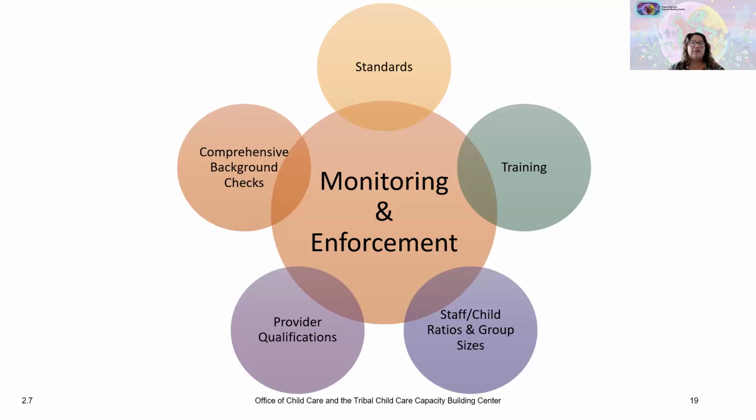The training requirements you develop communicate your minimum expectations for providers around your health and safety requirements. Your qualification requirements ensure you have the right people with the right credentials caring for your nation's and community's children. Your ratios ensure the appropriate number of adults and group sizes of children are safe. Your background check requirements add an extra layer of security and assurance that children are with adults determined safe to be around. But how do you know that providers are upholding all of your health and safety requirements?